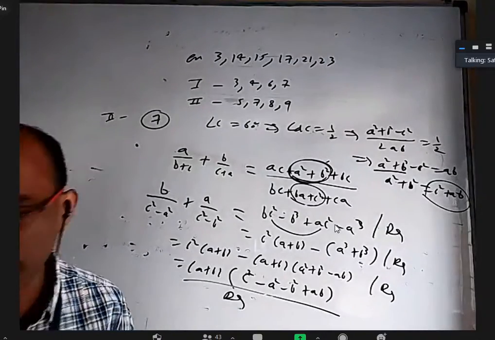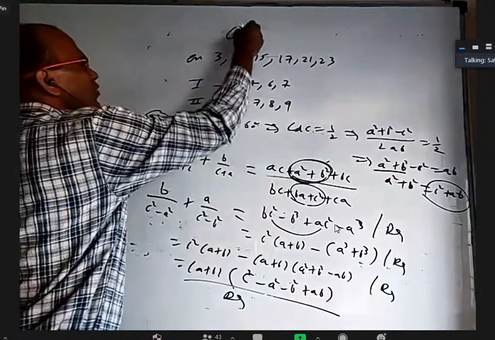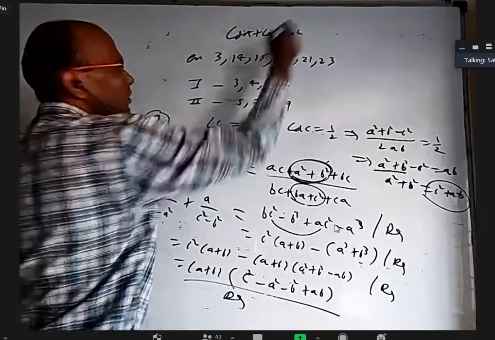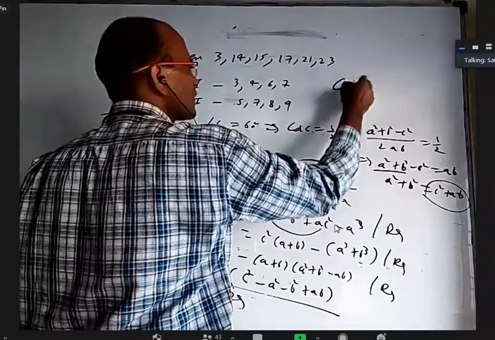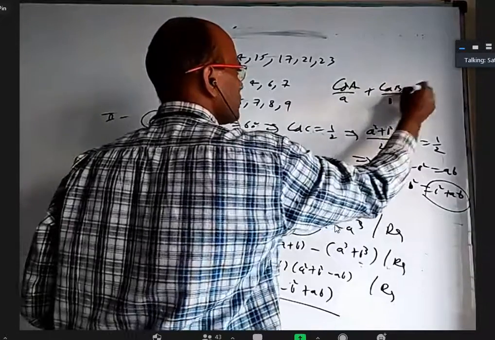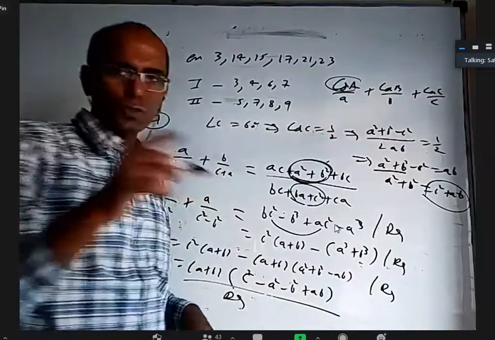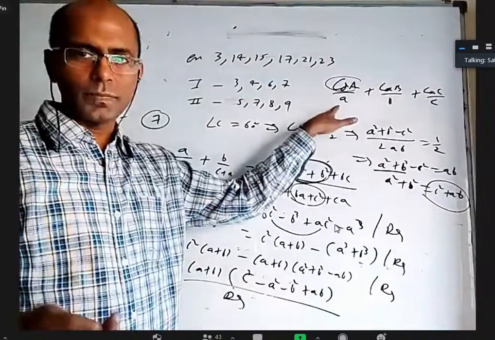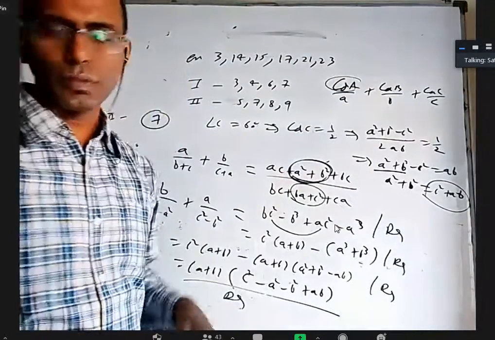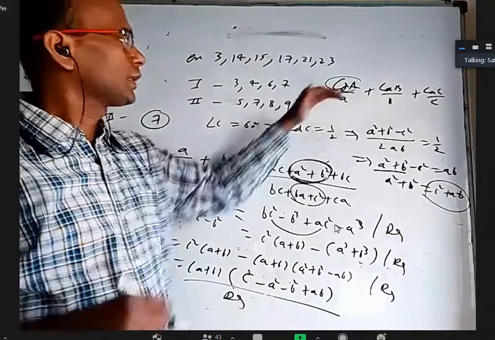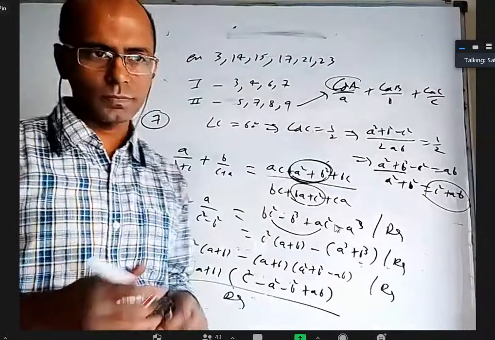Somebody is asking 9th one, shall I use sine rule? It is not necessary. Why? If somebody asks you to find cos A plus cos B plus cos C, it may be a little difficult because denominators are different. But if somebody asks you cos A by a, cos B by b, and cos C by c, it is more easy because cos A denominator is 2bc. With this a, it will become 2abc. So this denominator total is 2abc, this also 2abc, this also 2abc. And now we can add the numerators very nicely. So in this 9th question, use only cosine rule. Denominator abc don't change.